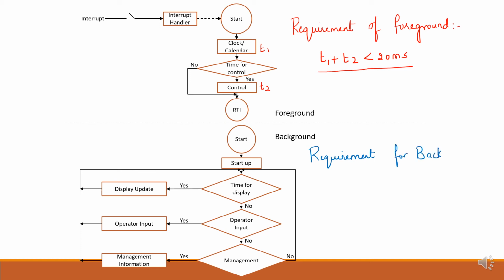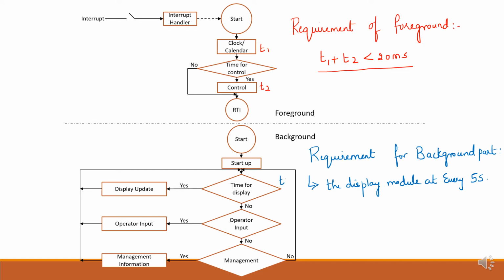So this is very important to write. We know that when I say background, it is basically a soft time constraint. Depending on what timing it will update, we need to write that in the requirements. The background part is that the first module we have is the display. We can tell that the display module is updated at every 5 seconds. I am writing 5 seconds, but it need not be 5 seconds. Since it is a soft real-time constraint, I can give any timing constraint.